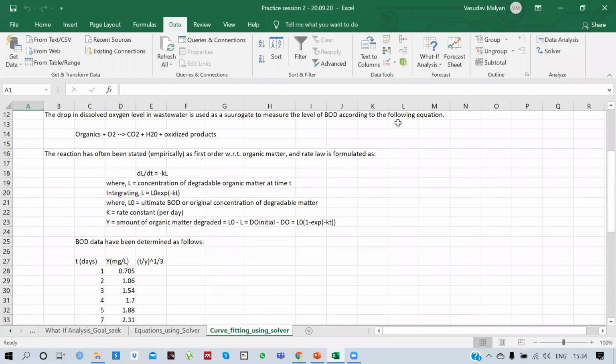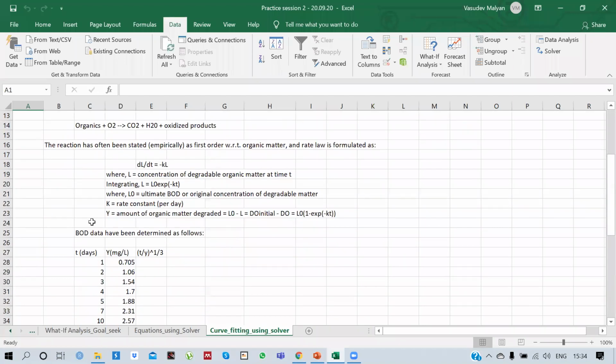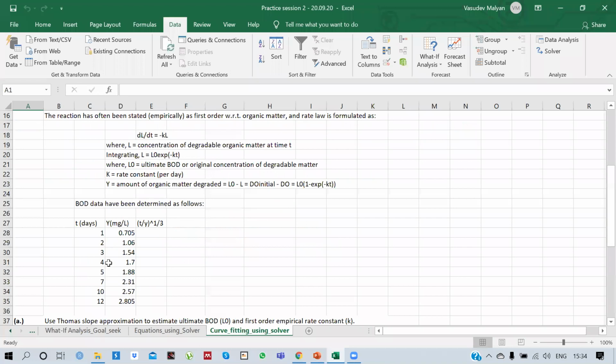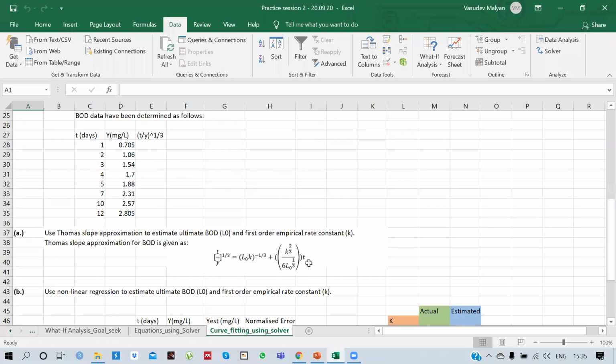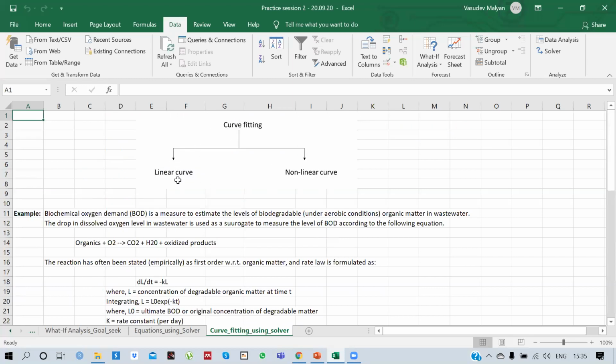But let's say you are doing some experiment and you get some values. So let's say you get these values, time t versus your y, the amount of organic matter degraded. And now you are not aware of the equation, but you are plotting some curve and you have to establish a relationship. This relationship can only be established if you are doing curve fitting.